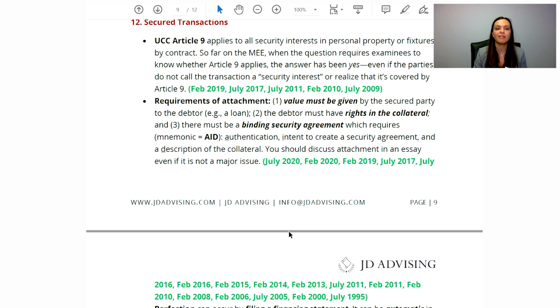Because while it's true that other issues are tested within the context of secured transactions, it's also true that the vast majority of points on a secured transactions question come from these basics. So if you can discuss the basics of attachment and whether or not there's been perfection, and then a priority dispute between creditors, even if you're missing some of the other smaller questions or finite issues being tested, you're going to get the bulk of your points, which is obviously the goal, to get that passing score. So just to recap my recommendation here, if you're unfamiliar with secured transactions, if it feels foreign and challenging to you, focus on the big picture. If you can do that, I know you can navigate your way through some of these questions.